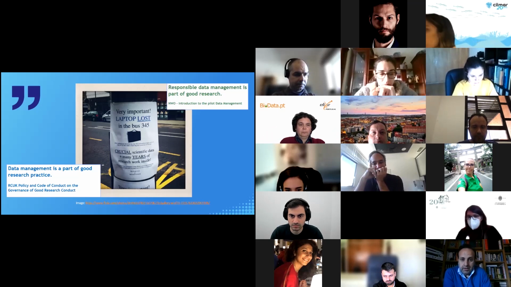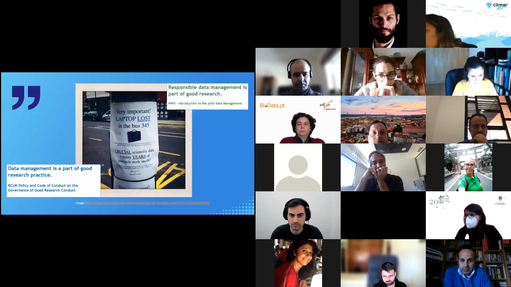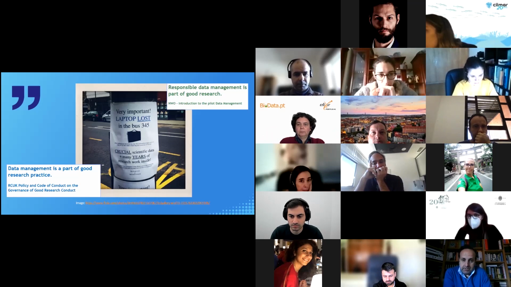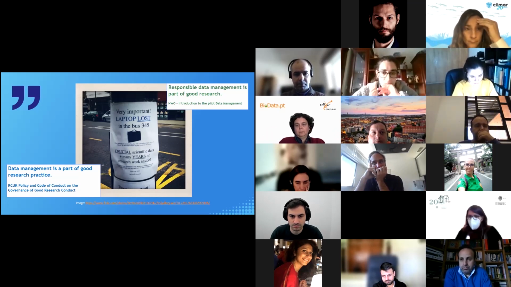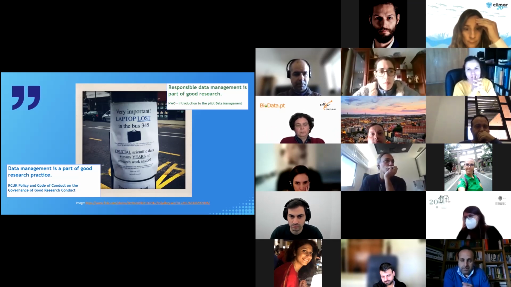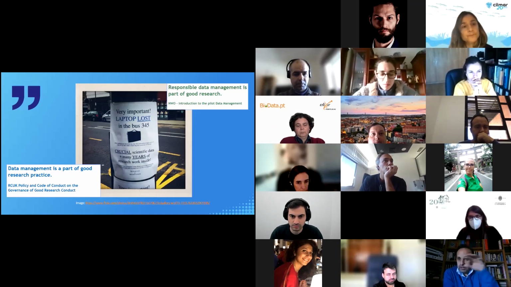So if we think that we want to attach a specific data set to a publication, to an article, or we want to publish in a repository the research data as an output from a research project, in the process we will for sure prepare the data properly, document the data properly, and ensure the backup and preservation policies that are needed. So this is a cycle where everything is, I think,